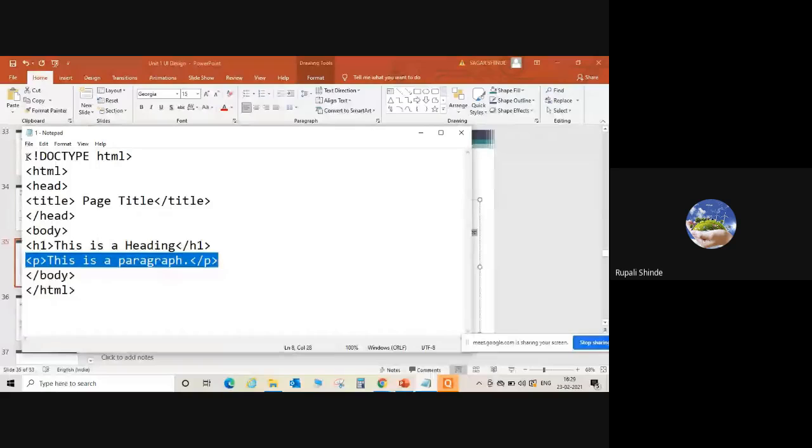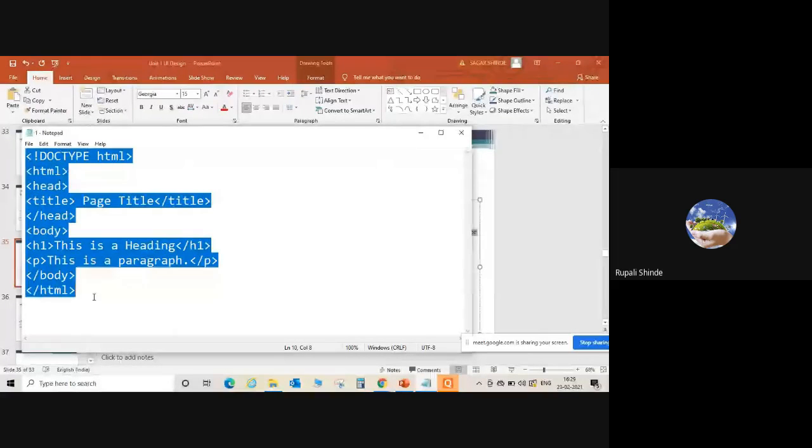We're going to use the same file; there's no need to write a new file.